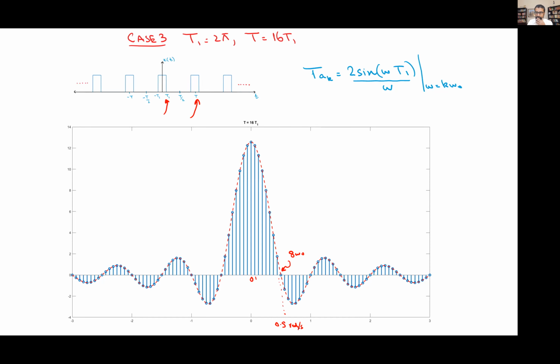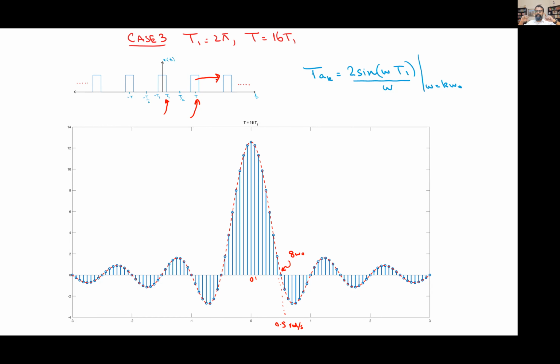Now, what happens in the limit? So here's the connection between periodic signals and aperiodic signals. Why are we doing this? How are periodic signals and aperiodic signals related? As I keep on increasing T, as I keep on pushing this further and further away, what happens to this periodic signal? Does it not look more and more like an aperiodic signal? Is that true or not true? What do you think? Right? So that's the point.